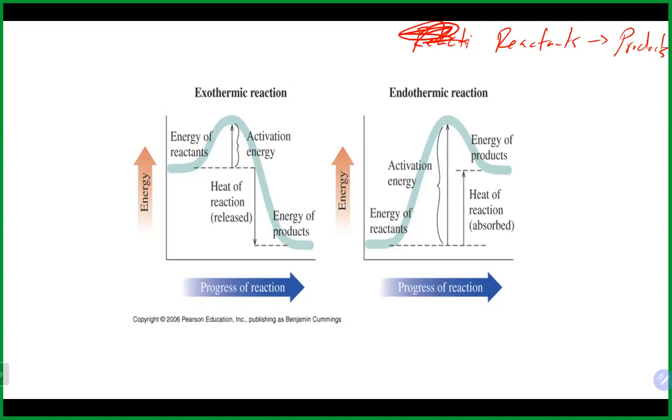And we could look at the energy associated with it in each of these diagrams here. This would be our reactants right here, where they're starting in terms of energy. This would be our products, where they end up in terms of energy. And in this particular case, our reactants are higher in energy than our products. The only way for our reactants to get down there to the energy of the products is energy needs to be given off, which means it's an exothermic process in that case